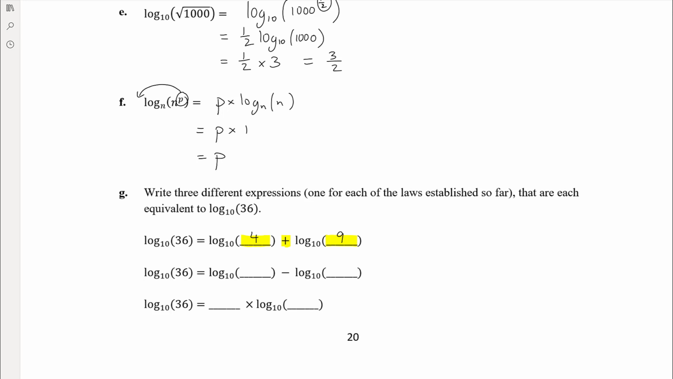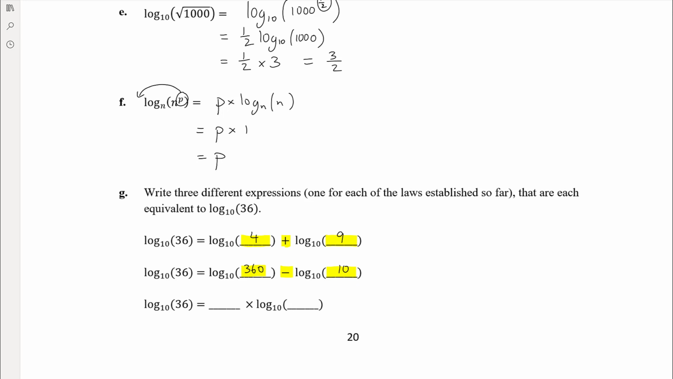Okay, as long as they multiply together to give 36, that would be a true statement. Log base 10 of 36 is equal to log base 10 of something minus log base 10 of something. So we know we can combine two logs that are being subtracted together using division. So as long as this divided by this gives 36, you can choose whatever numbers you want. You could go with 72 divided by 2, you can go with 360 divided by 10, whatever. 36 and 1. As long as the first number divided by the second number gives you 36, it will be